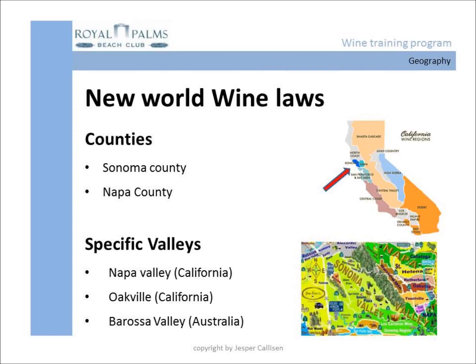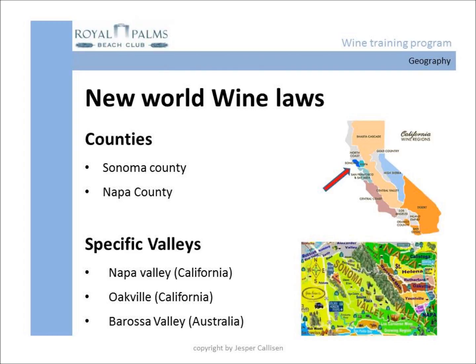In the New World, there are also smaller appellations which are typically made up by counties of smaller regions. Two examples of these are the counties of Sonoma and Napa in California. These two counties are very well known for producing outstanding wine. However, each county is big, and we don't know where in the county the wine is actually made. Wine styles within a county can also differ substantially, depending on the macroclimate it is located in.